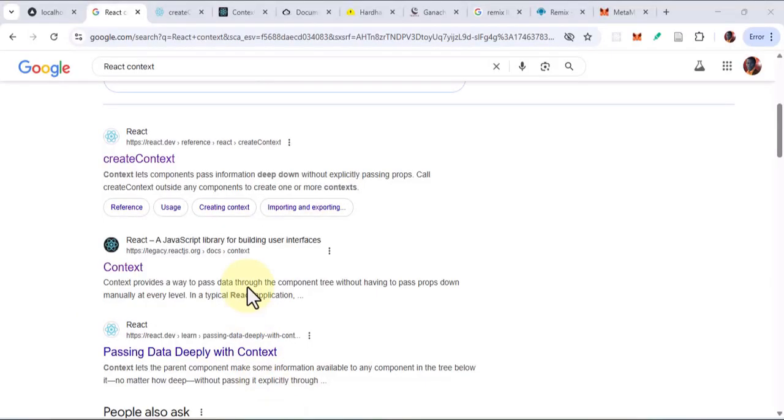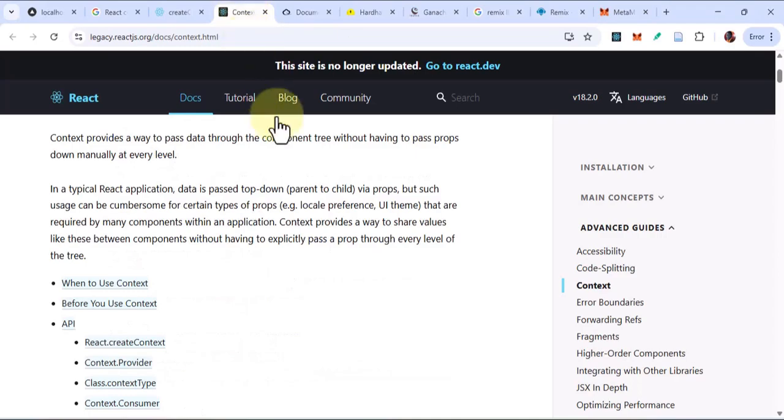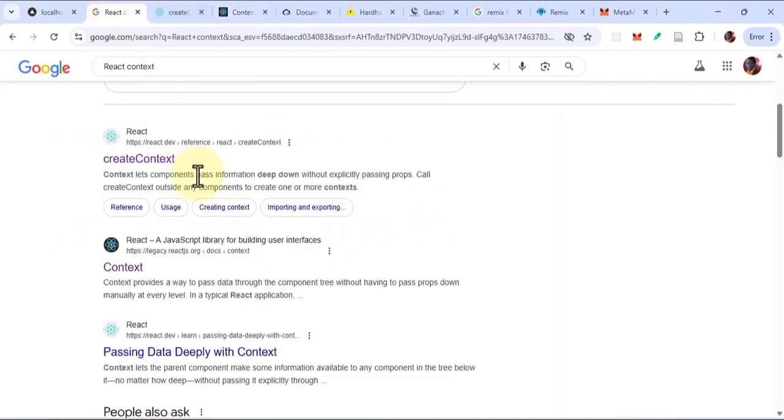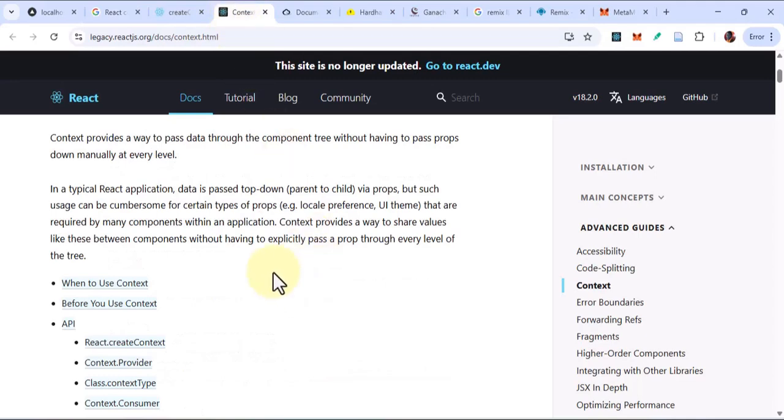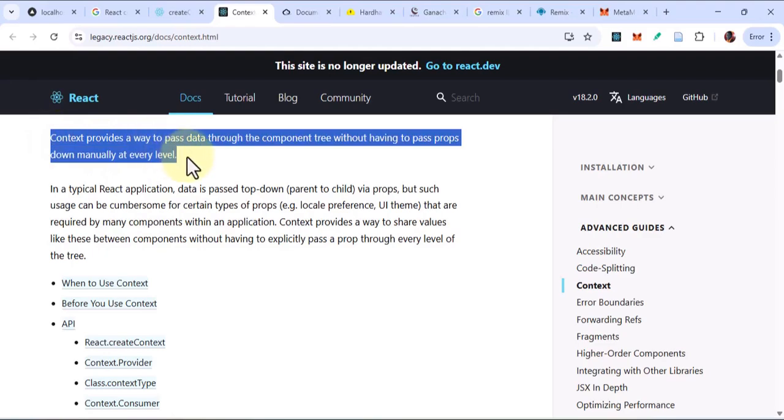To give you a brief overview of what context is all about, if you come right here, you can just check Google for what is React context. This is one explanation I think will be of use, directly from the documentation of React. It says context provides a way to pass data through the component tree without having to pass the props down